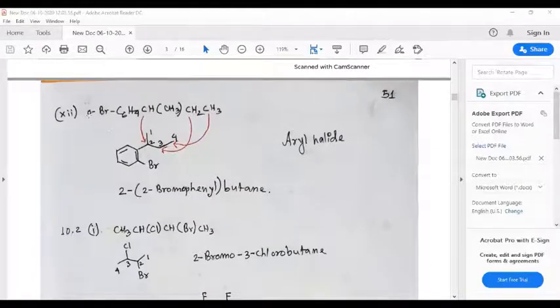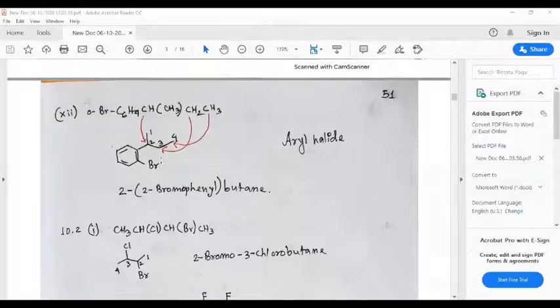Then O stands for ortho, bromo, C6H4. C6H4 is for the benzene ring. Then on the benzene ring at the ortho position there is one bromine, and this CH is this CH. In that CH, one is CH3. This is the CH3 group. Then CH2 is this one. CH3 is this one. So it becomes